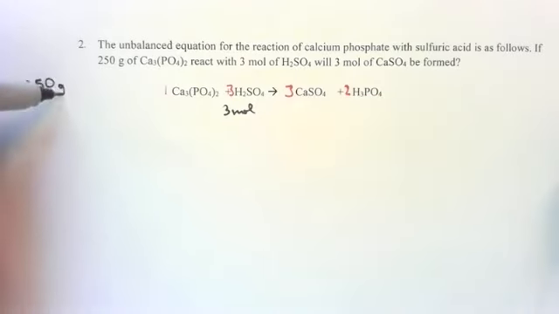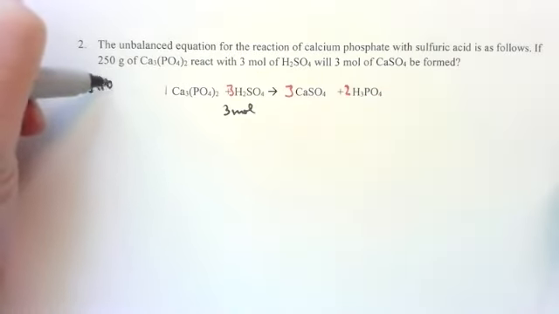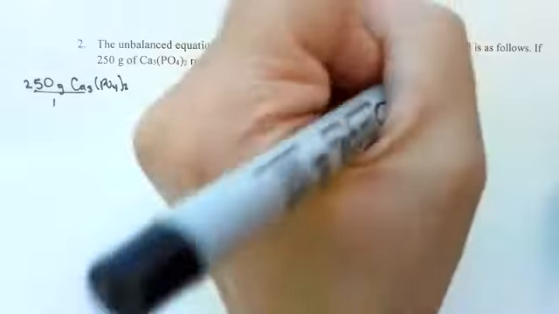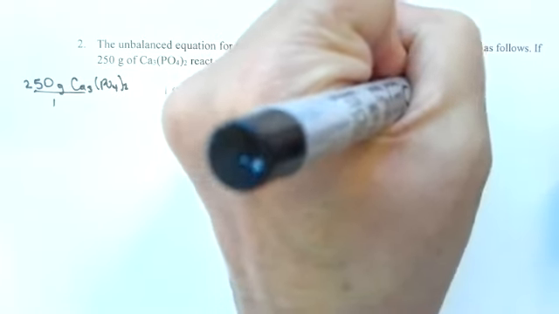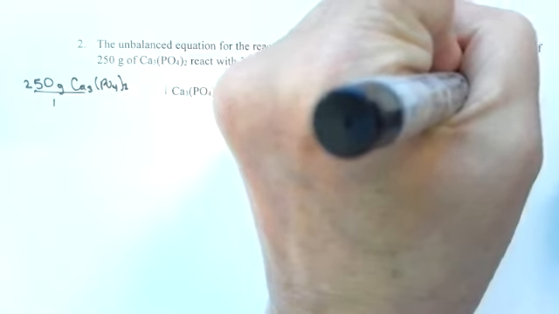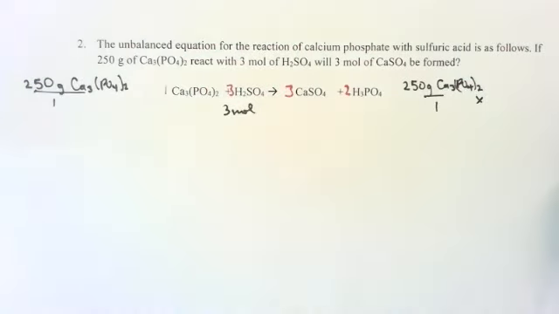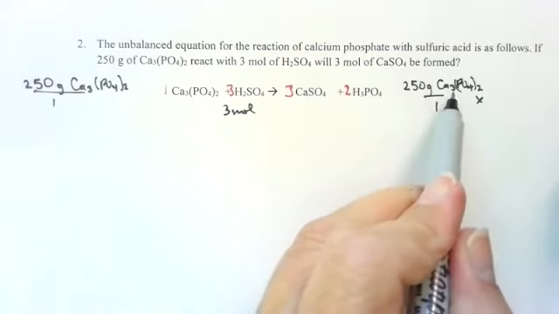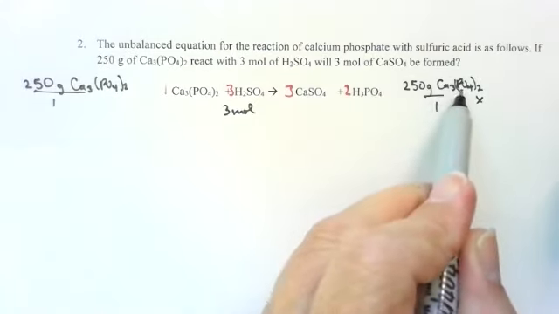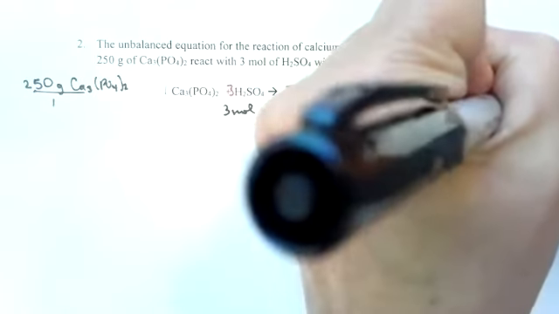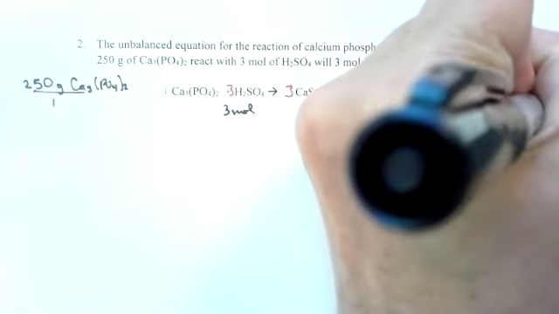I've got 250 grams of Ca3(PO4)2. I'm going to put that over 1. I'm going to run out of room. Yikes. Let me rewrite it over here. And I'm going to multiply that by the molar mass. So what I have to do is add up. I'm going to have 3 calcium, that's going to be 40 plus 40 plus 40. 2 phosphorus is going to be plus 31 plus 31. And then I'm going to have 8 oxygen, 16 times 8. And I'm going to get 310 grams Ca3(PO4)2